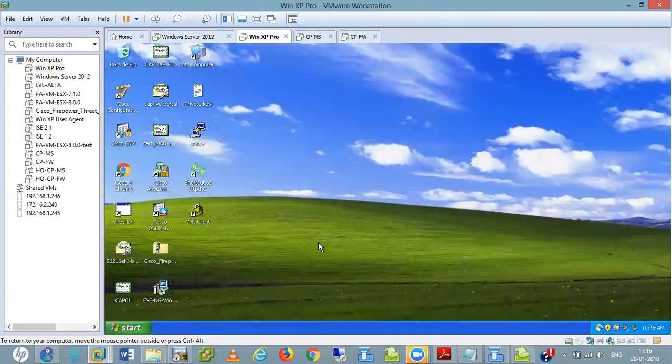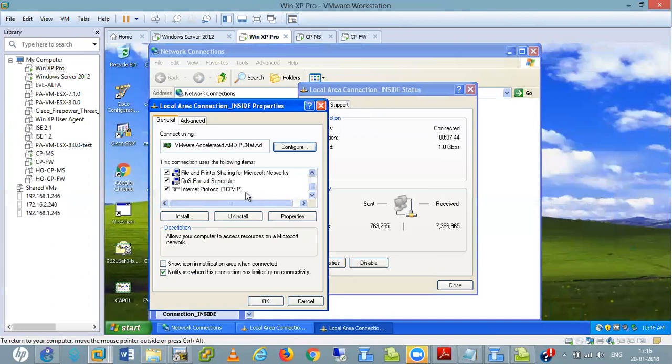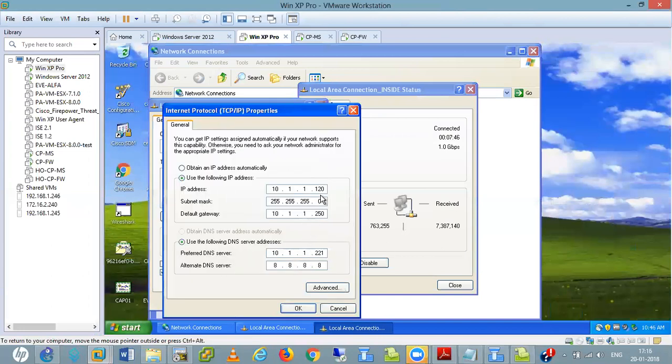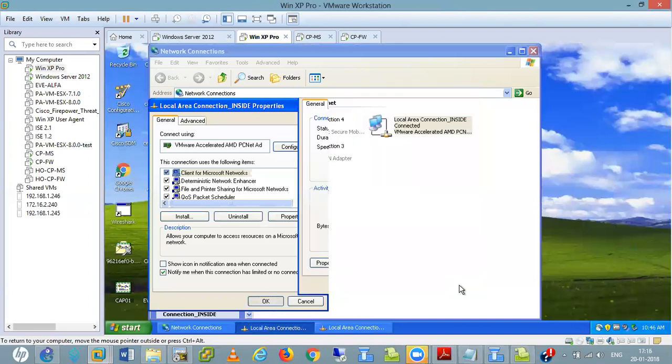Now let me again change my IP address. I am giving now 130. Okay, 123.